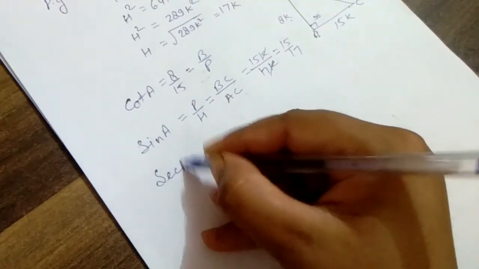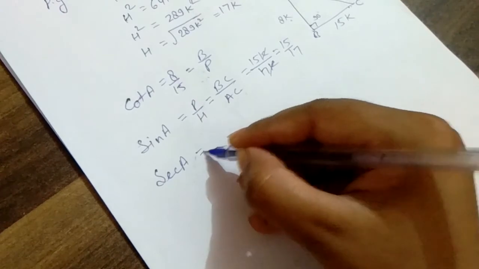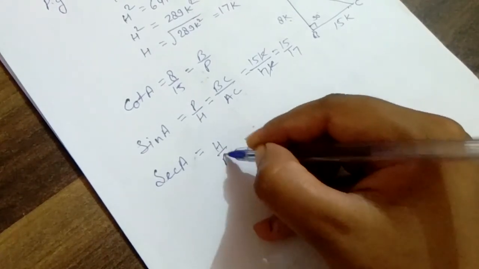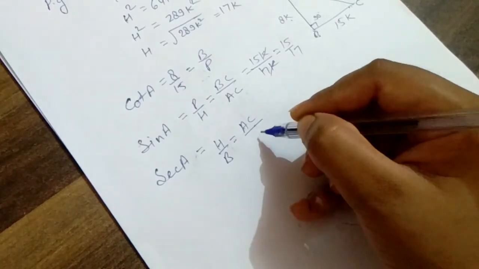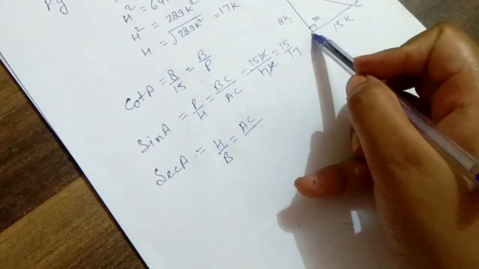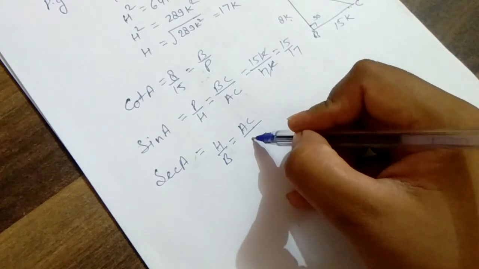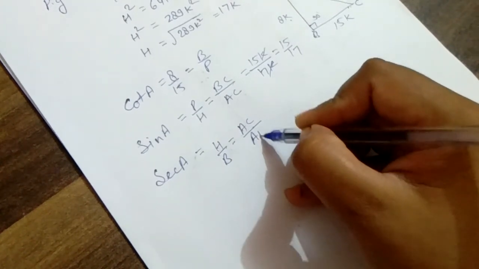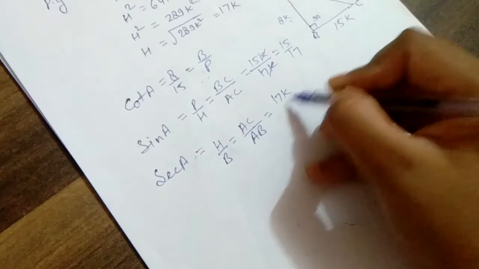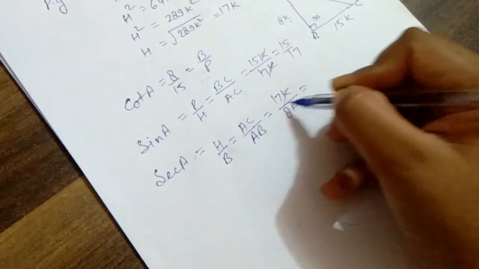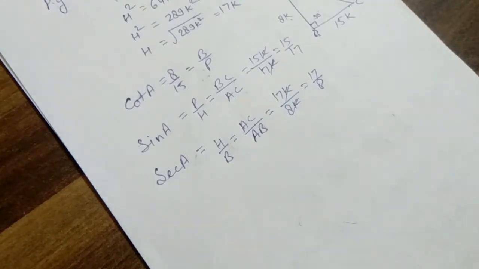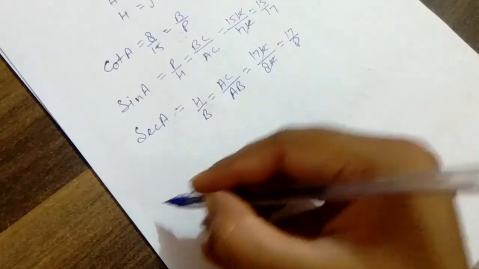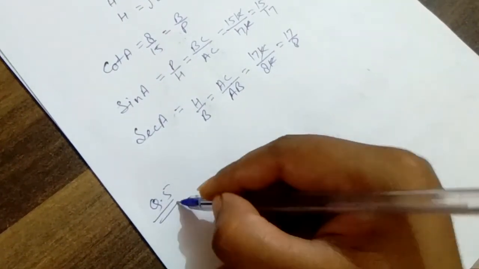Again, we need to calculate sec A, and sec A is equal to hypotenuse upon base. For this triangle, the hypotenuse is AC and, for angle A, the base is 8k, that is AB. So this is 17k upon 8k, which is 17 upon 8. So this is question number 4, which we have solved. Now question number 5. Given